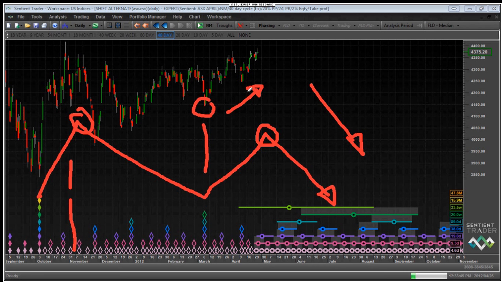Now, how does this differ from the US markets? It differs from the US markets because there is evidence in the US markets that the 40-week cycle has already seen the highest peak that it will yet experience. Okay? I'll say that again. It has already seen the highest peak. The Australian markets have not necessarily.